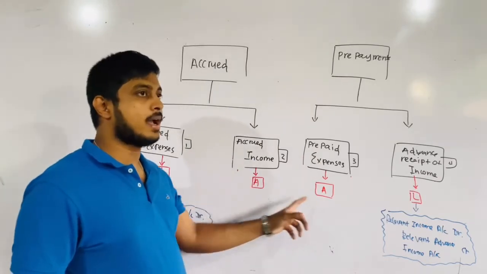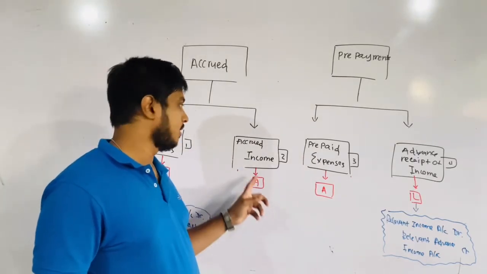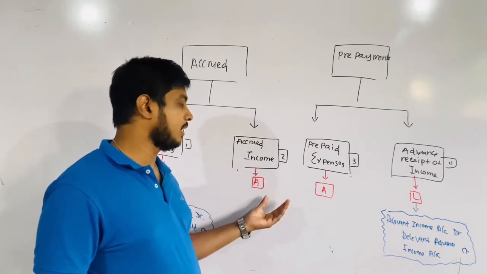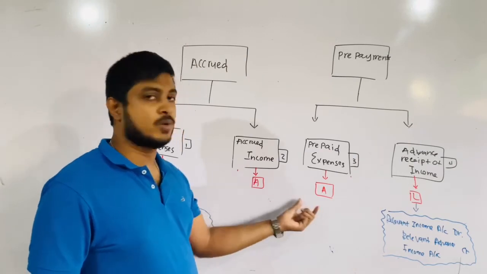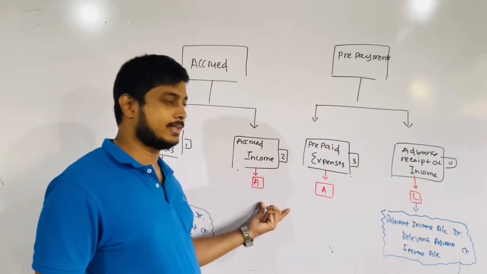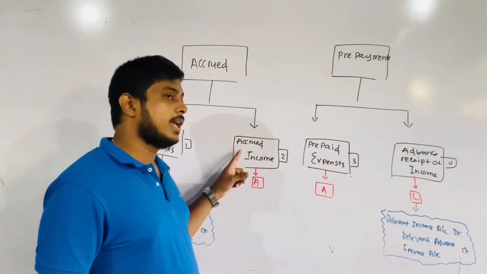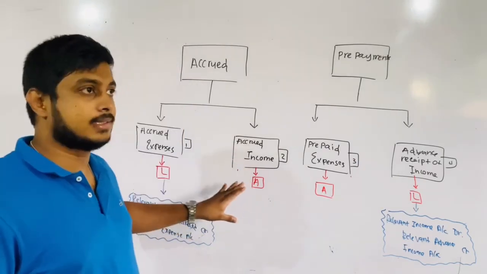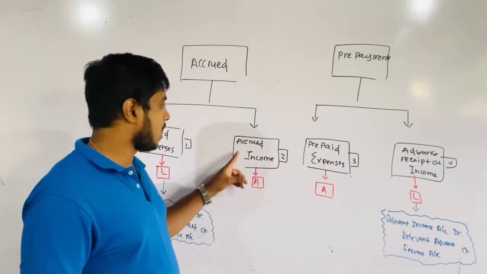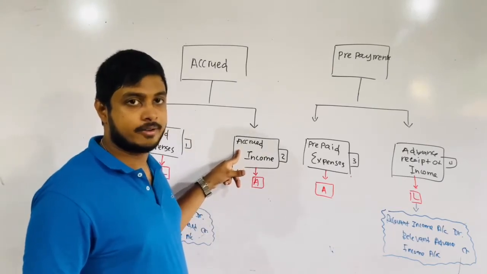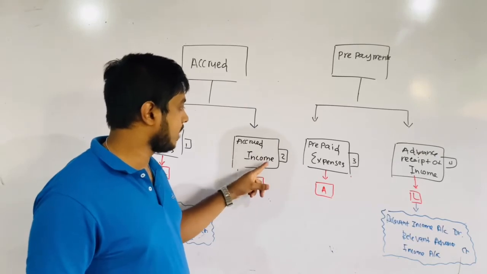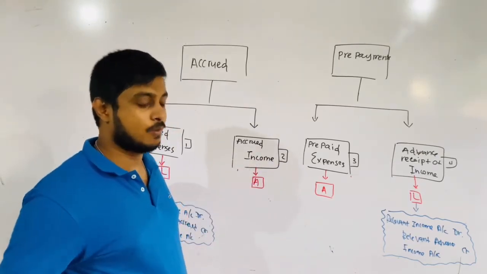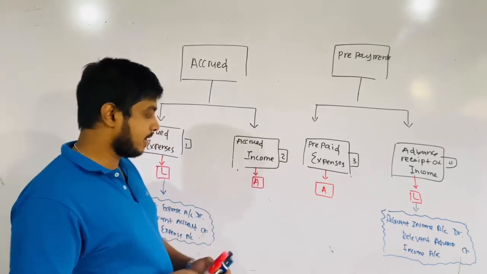Now the double entry relevant for accrued income and the double entry for prepaid expenses. Since these two are asset categories, you can see a single entry already in the double entry, because accrued income and prepaid expenses are assets. Therefore, you can write down the double entry for these two.